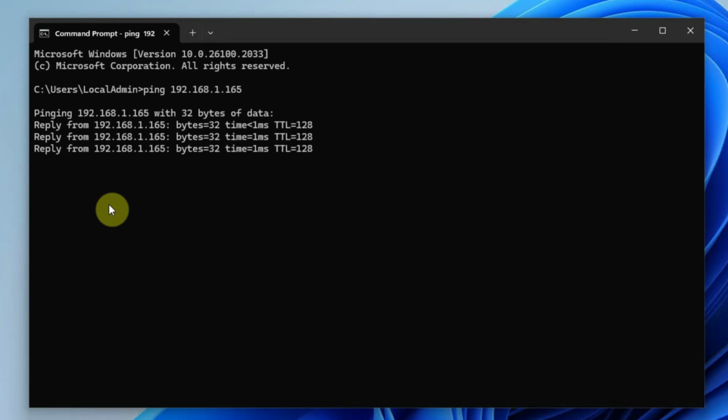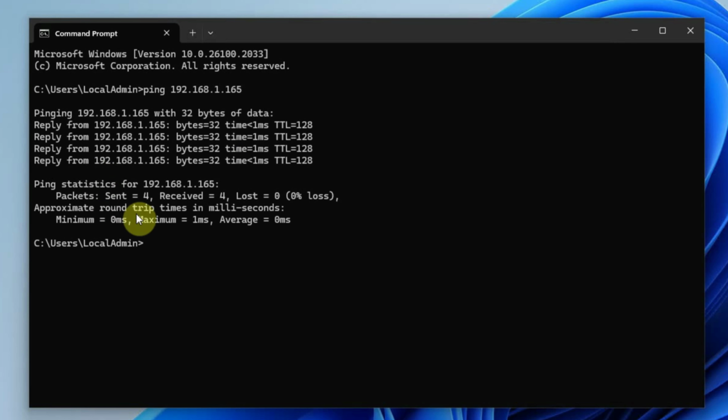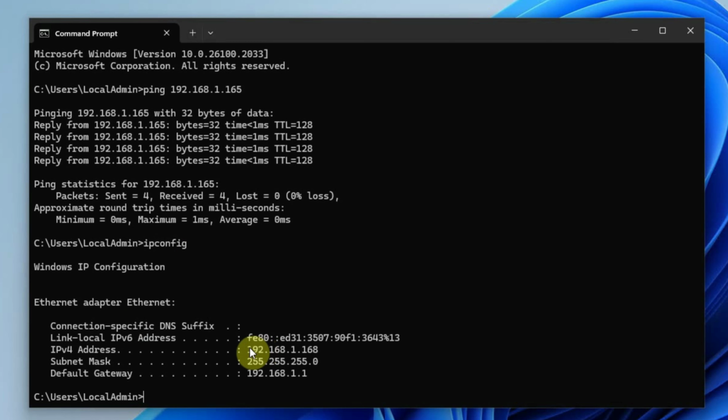And as we can see, the ping command is returning the results, so it can reach out to the domain controller. So we'll have to do the same test from the domain controller also, whether that can reach out to this particular Windows 11 VM or not. So first we need to find out the IP address of this Windows 11 VM. So we'll use the command ipconfig, and here we see that the IP address is